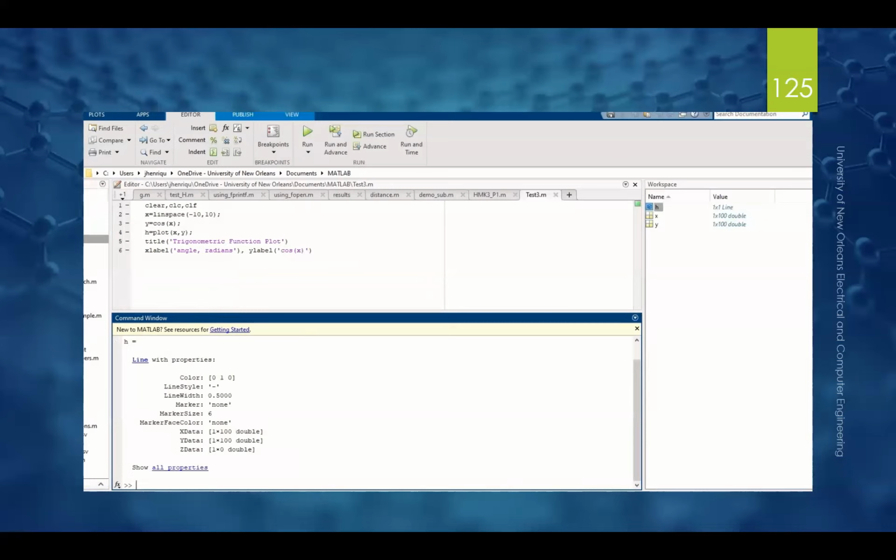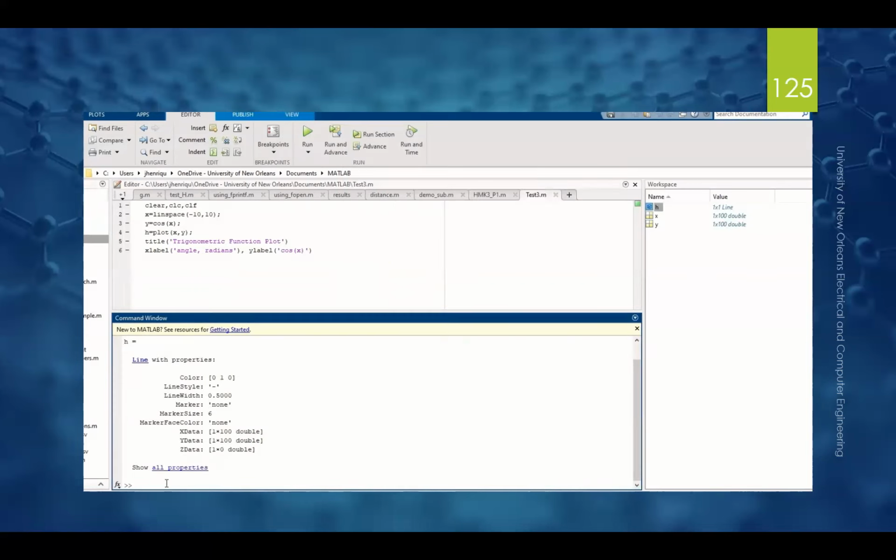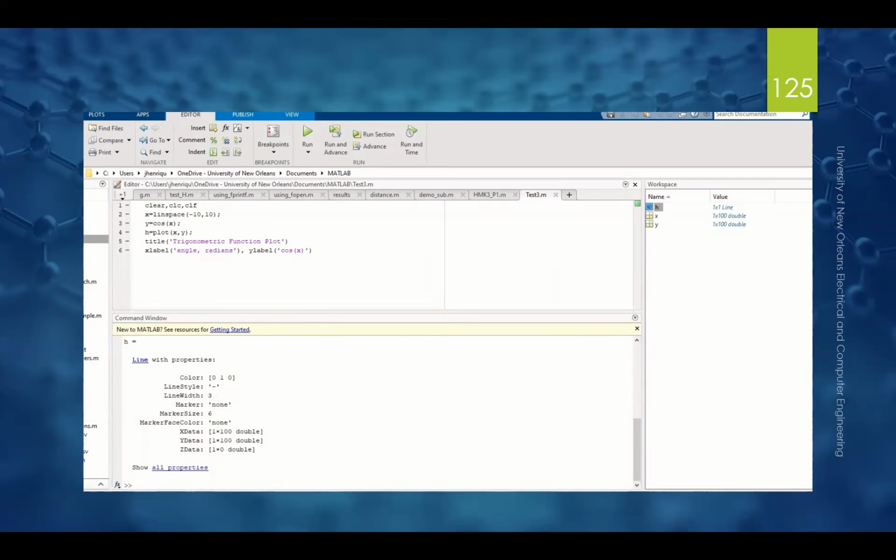and then if you look at the plot, it's going to be green because I changed it on the spot. I can do it again, H dot tab, and it will show me the options that I have to change whatever I want. So it's easier to do it that way because you don't have to remember all the different names specific to what you want to change, like line width. Double click on it, and I just enter a number. In this case, I'm going to enter 3,